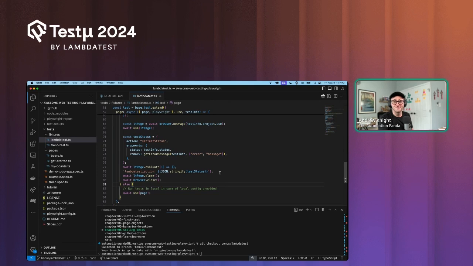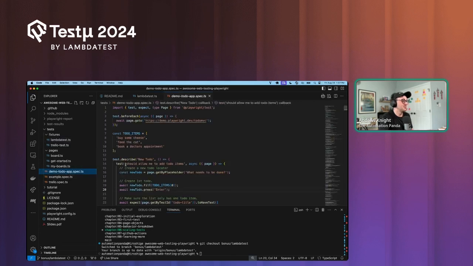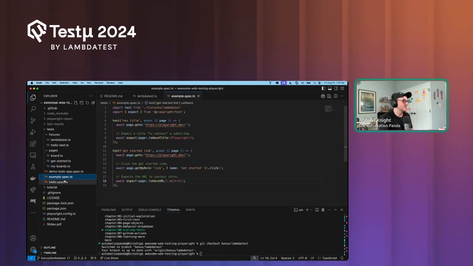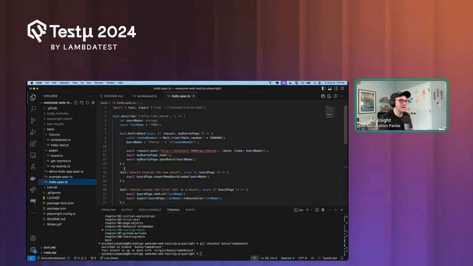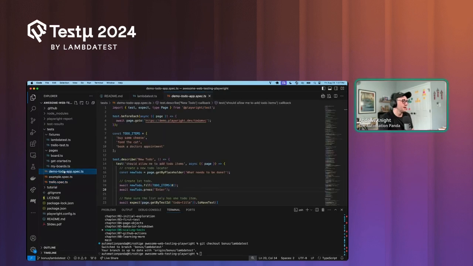But once you do that, all of your tests are pretty much the same, right? So here, if you notice the demo to-do app, the example tests, the Trello test that we wrote, I didn't change any of that code, and you shouldn't have to change any code whenever you use any of these cloud platforms. So if I were to run this,